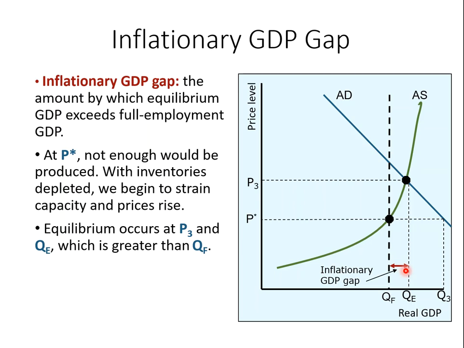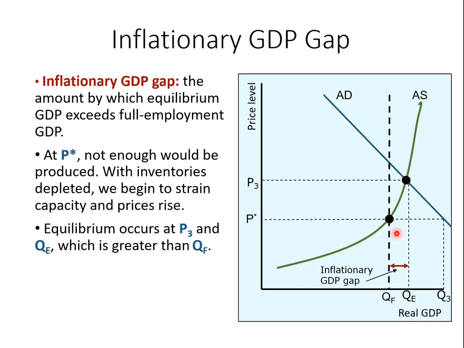You can see why we say the inflationary GDP gap is demand-pull. If we are just trying to keep the full employment GDP we're producing here, there are still many consumers who cannot get the product. For a business, you will not leave that business. They can say, we have so much demand, we actually have more power, so we can raise our price a little bit. Once they reach this point, everybody will stop moving. The business will stop increasing the price, and the consumer will stop asking for the product. So we reach equilibrium.